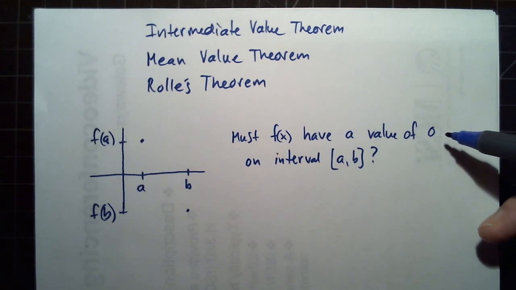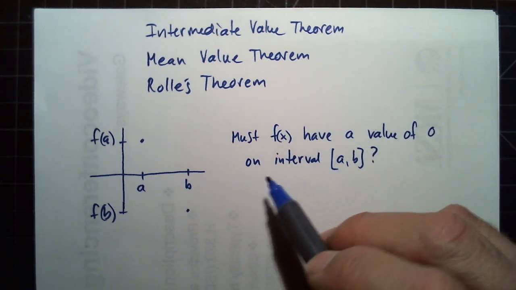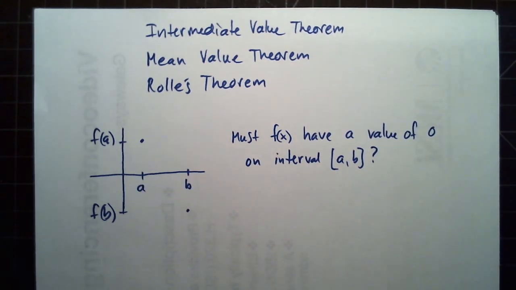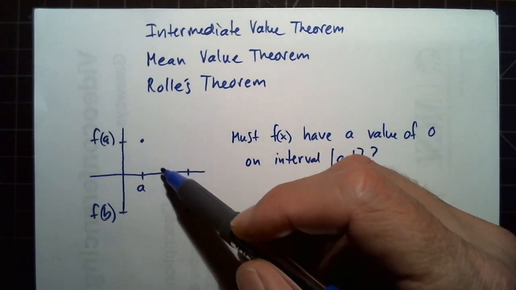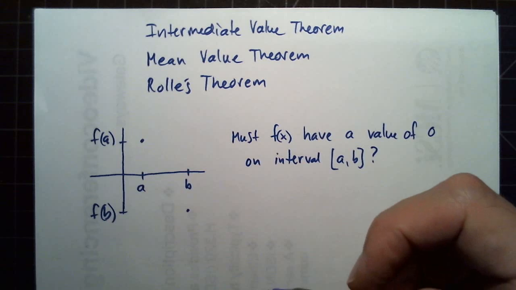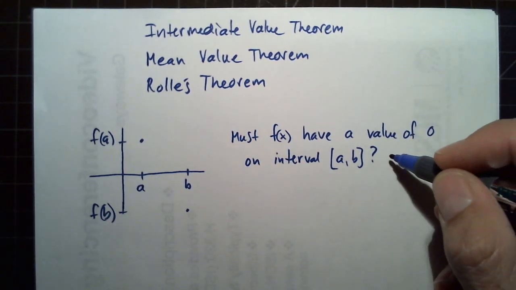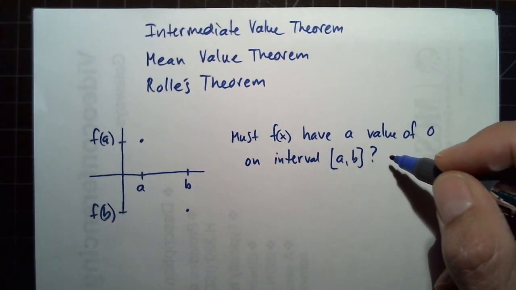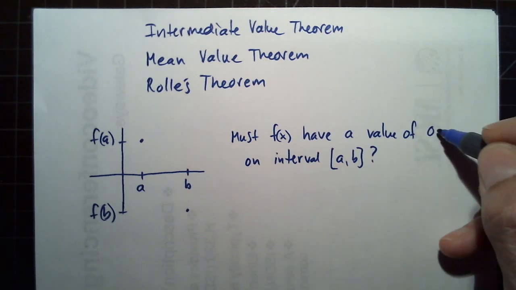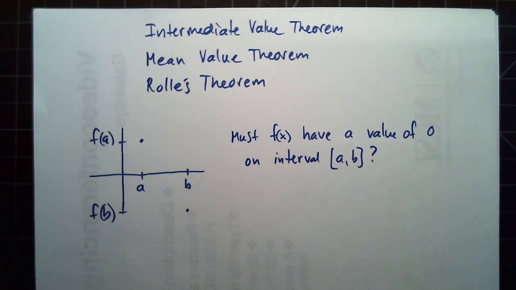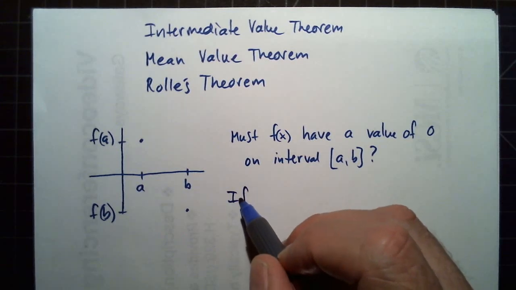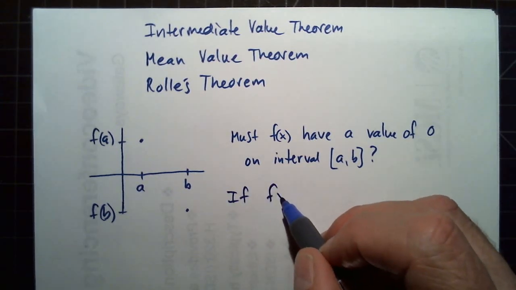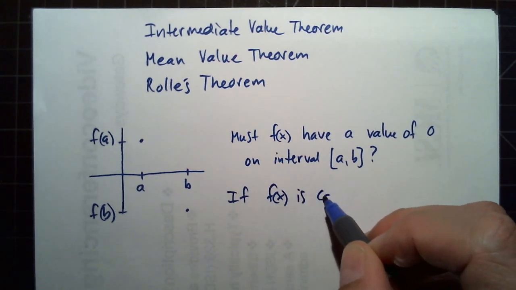Must the function have a value of 0 on the interval from a to b? Does the graph have to cross the x-axis? Well, we could have a graph where maybe there's an asymptote here and the graph jumps over the x-axis. So we would say that the answer is no, it doesn't have to have a value of 0. But then if we said f of x is continuous,